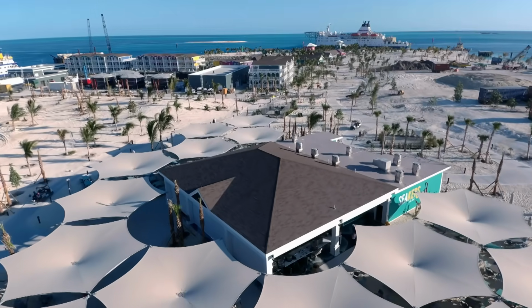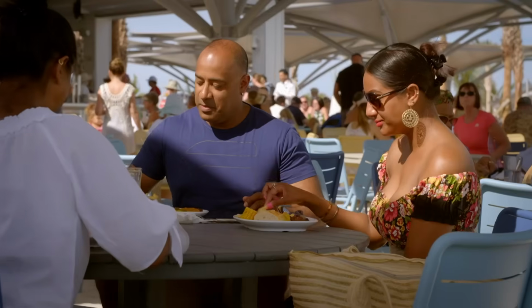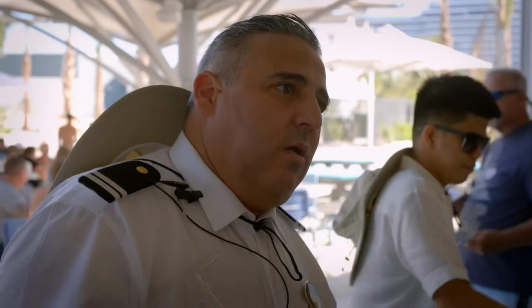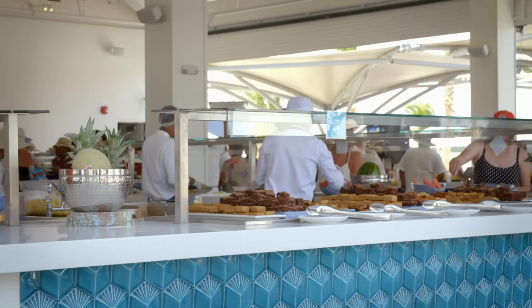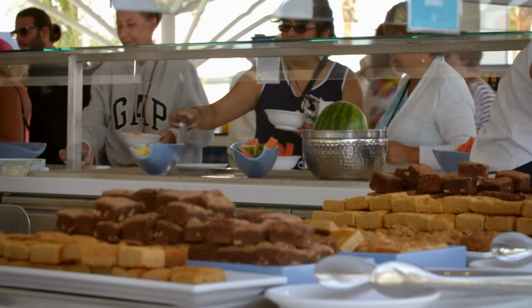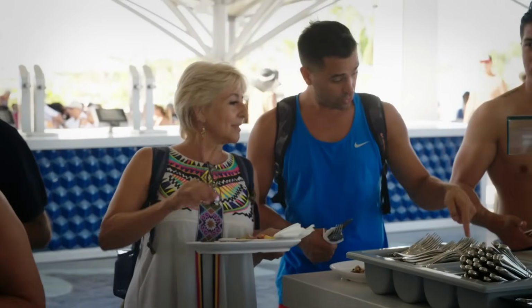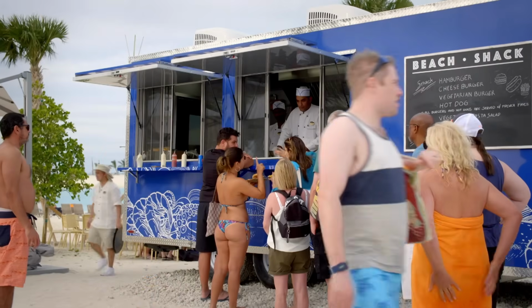But this island has to keep all its guests happy. And across in the main buffet restaurant, the food is going down well. How's everything so far? Okay. You like the island? Yes. Yeah? Very nice. That's the first time here. Well, it's first time for me too. Yeah? First time for everyone. So, enjoy, yeah? Keeping everyone fed is a job that never stops, with food being delivered to trucks and cafes